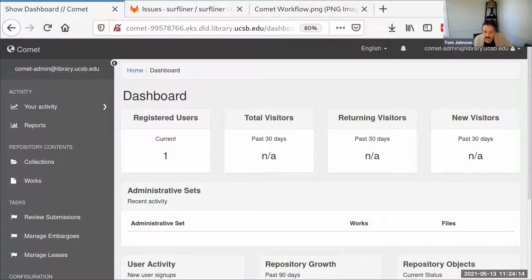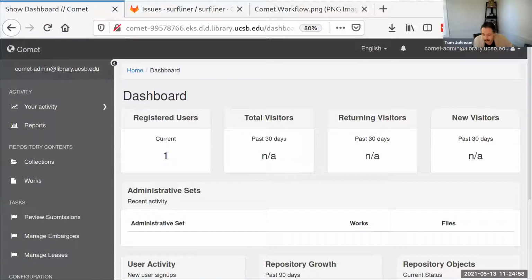Chrissy was really helpful in providing us a sort of bare bones UCSB metadata config file using the community M3 specification, and we translated that into a more basic config that Hyrax uses out of the box, and we were able to get that in at the object layer, but unfortunately